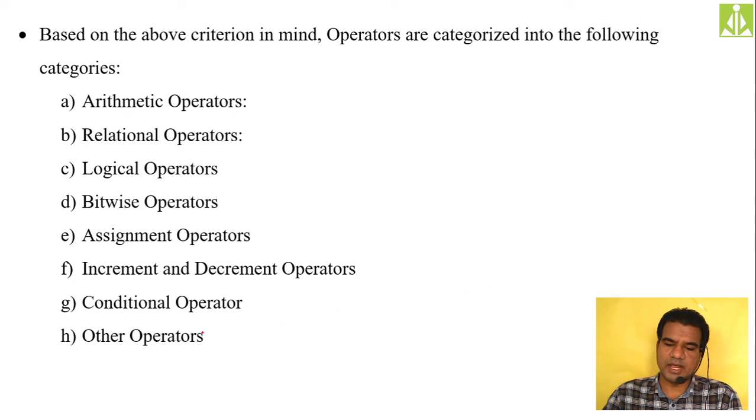I think I have not explained how this conditional operator will work, because its functionality is similar to one of our control structures, that is if else. So we need to wait for the discussion of control structures like if else. Once you know how the if else control structure works in C language, the token for the conditional operator is a question mark followed by a colon.